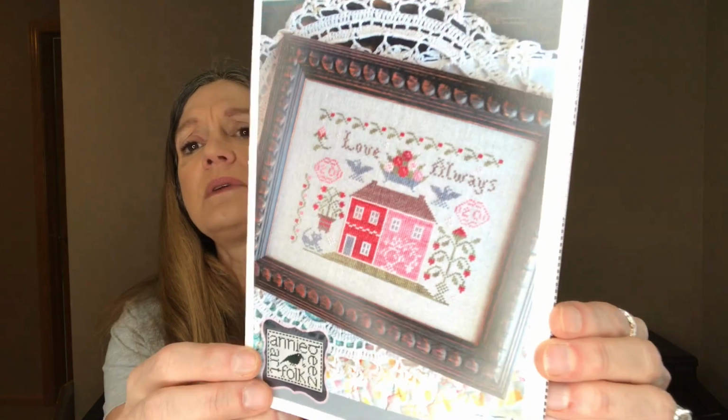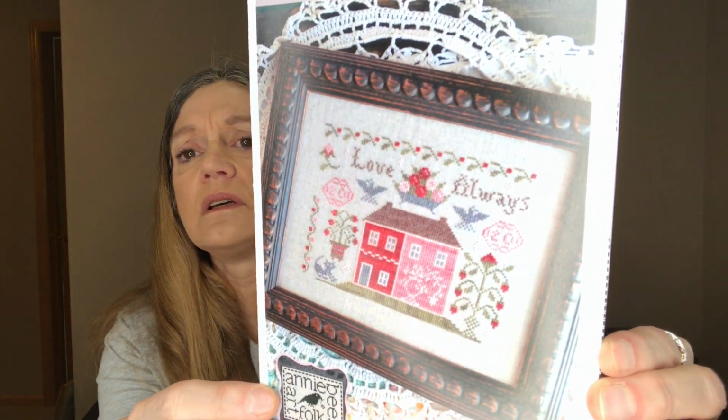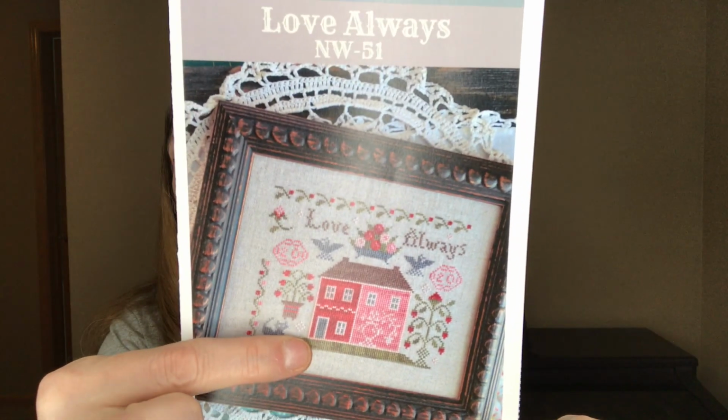The next one is Love Always by Annie B's Folk Art Designs. Oh, it's official. The designer is Annie Belcher, or Belker. I'm not sure. If you guys know, let me know. I'm terrible at pronunciations. And this is a newer release. I don't see a date. I wish they always put the date on. This is a newer release, and it's got the pink and red sampler house,